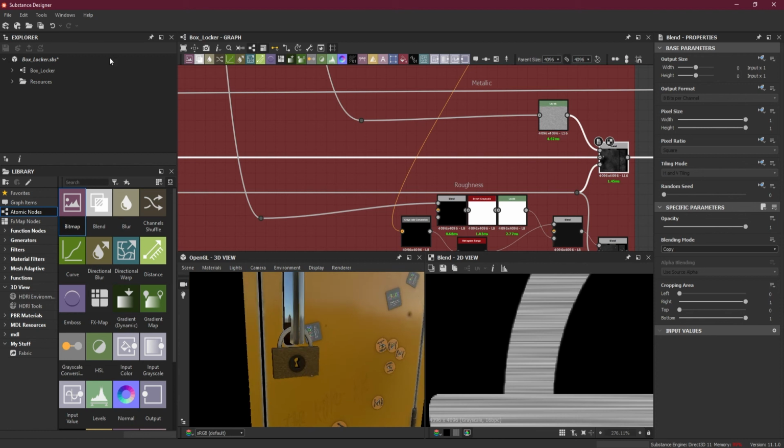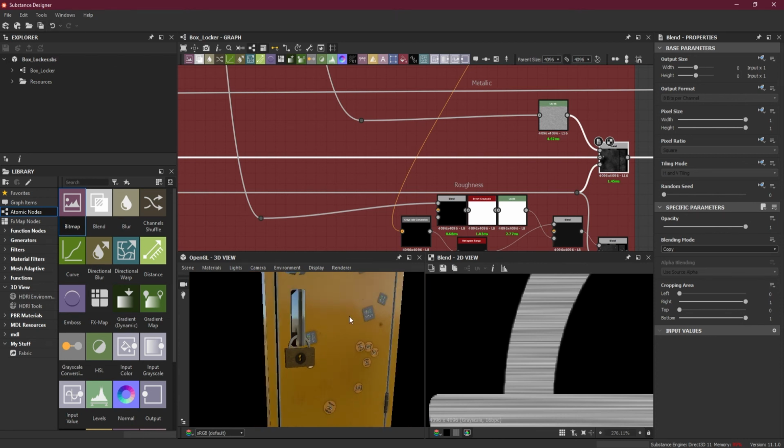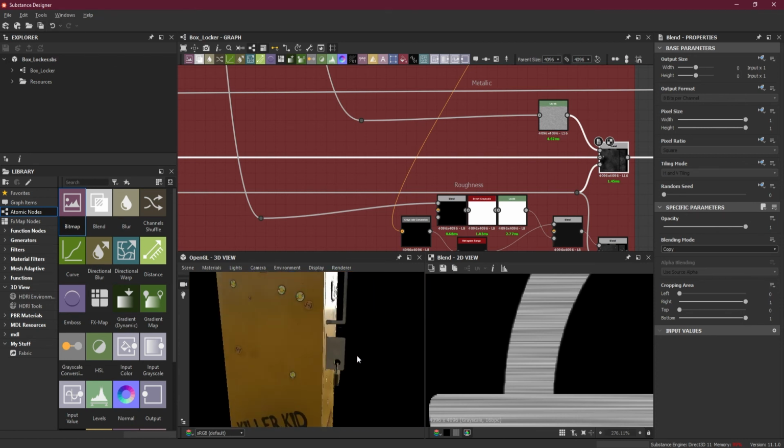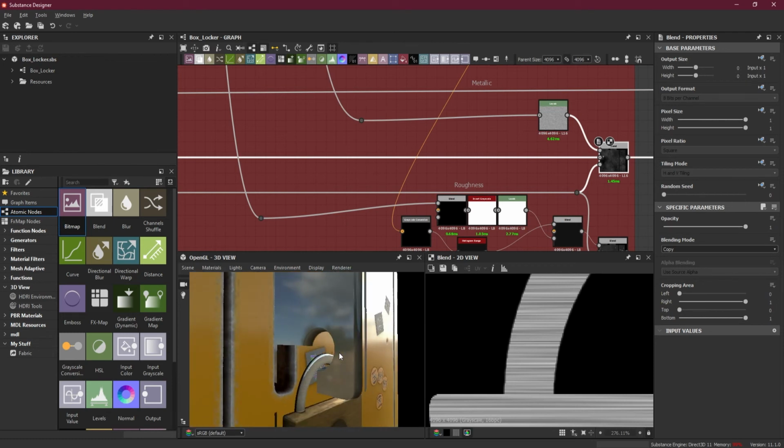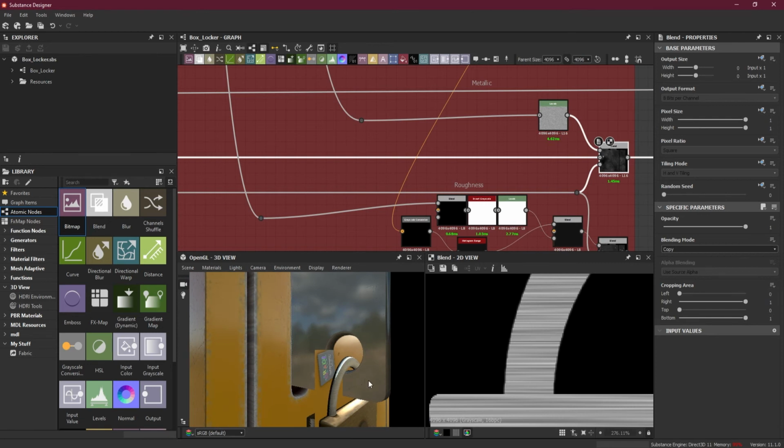Okay, so that's it. Now what we have to check is this hole here in the lock gauge, and we want to move it a little bit up